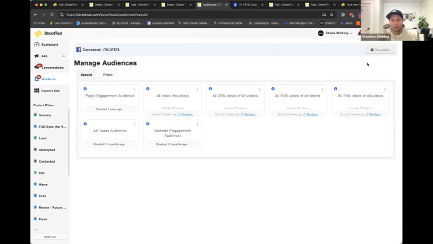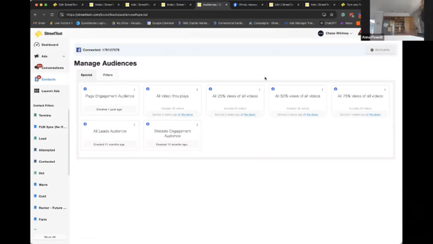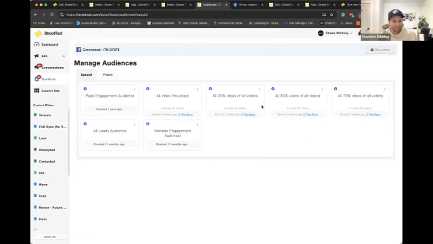Hopefully that's clear. We try to make it as simple as possible. If any of you have ever run ads on Facebook, you know how much easier this is than trying to upload your custom audiences. But if you've never done it before, this might still seem a little bit confusing, but I can assure you it's set and forget. Once you've clicked it and created it, you never have to do it again, and you can use that going forward.